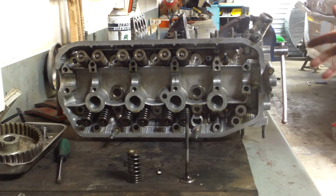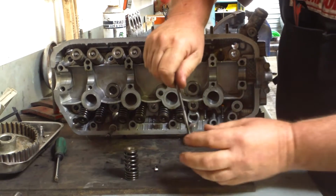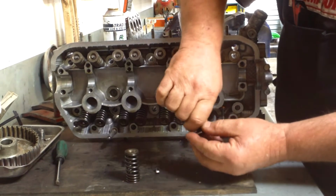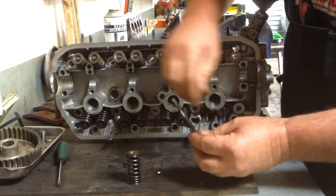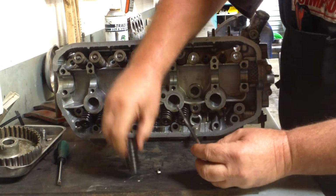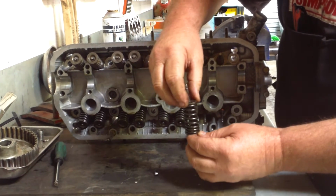Right, so now we're going to put our valves and springs back together. Now, here's an exhaust valve, so I'm just going to show you what we're going to be doing when we put it together. So, imagine this is in the cylinder head. We put our valve spring on, we put our collet or our keepers on,